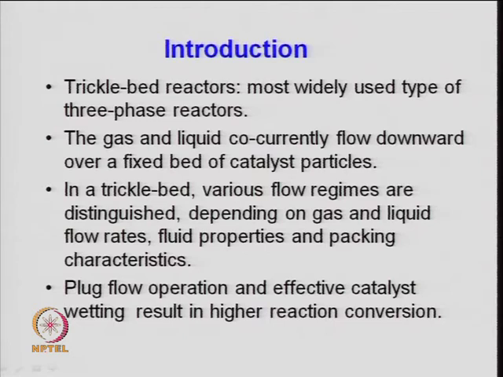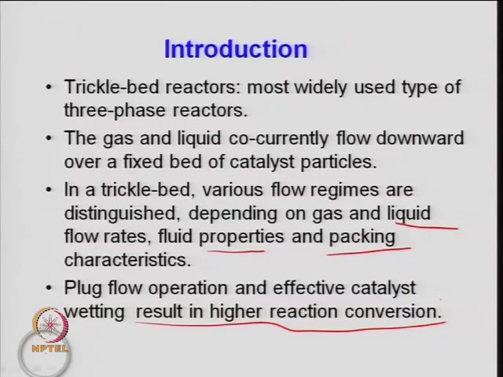You check this Peclet number for a plug flow reactor, when it is close to that. So, we try to get it closer to a plug flow reactor, and that can be done by avoiding maldistribution, by avoiding channeling, and having a good distributor in the reactor. And of course, when these things are achieved and plug flow condition is achieved, then one can have higher conversion in a trickle bed reactor.